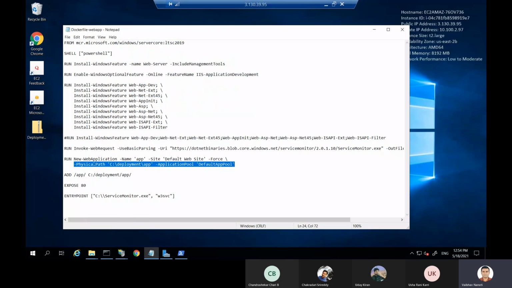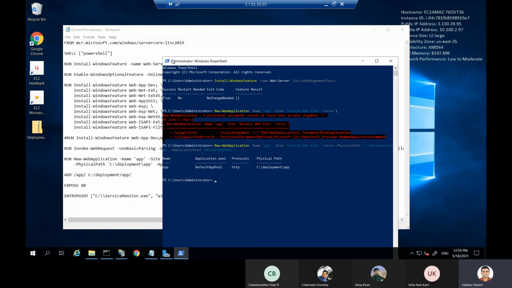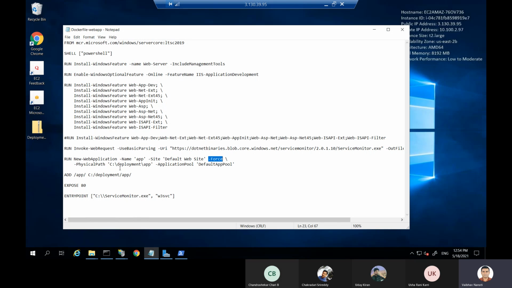So by using these two commands, I am just going to create the website, with the app website name, the default website name, in the default options. Force is nothing but it is forcefully going to be executed whether my PowerShell script has administrator privilege or not. And the physical path, which I also mentioned specifically. Once we click on the physical path, we're supposed to mention the physical path and everything. And the default pool should be the default application pool.